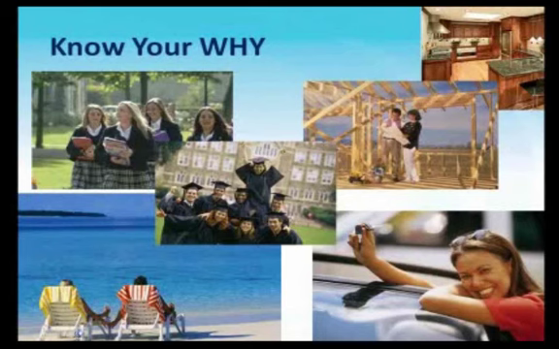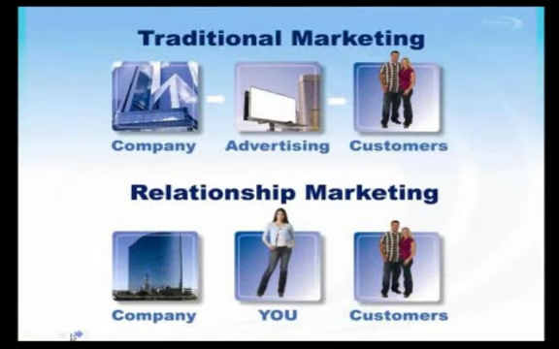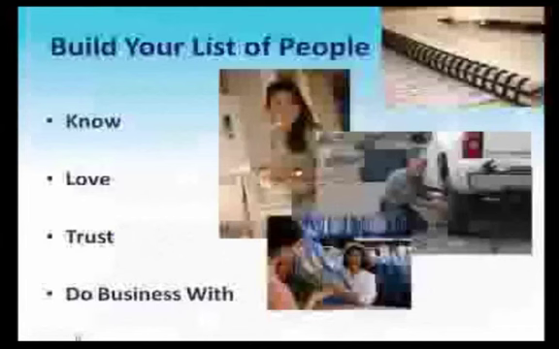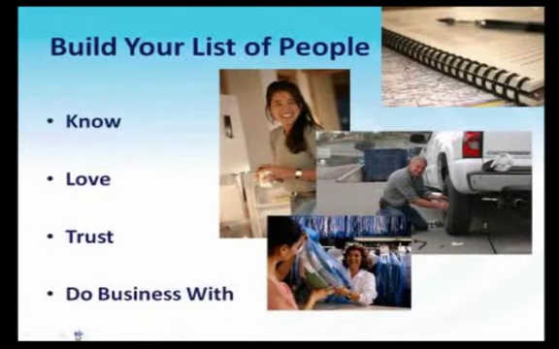Put it in a place that you can have with you, because you're going to share that why with people when you go to use the relationship marketing method. In traditional marketing, companies use advertising in order to go find their customers. But through Momentous, we use relationship marketing. So there's a different approach that we use as you go and enroll customers, friends, family, people you know, love, and trust in this business. So Clifton mentioned this earlier.